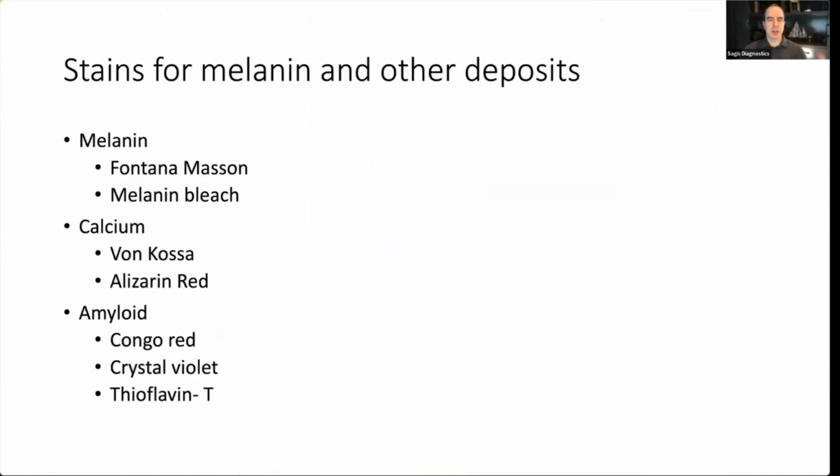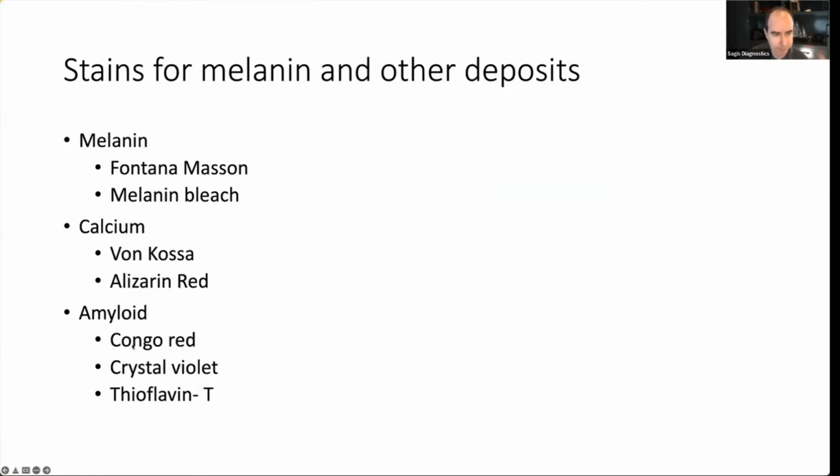So let's move on to some other deposits like melanin, calcium, and amyloid. So for melanin, we can use the Fontana-Masson stain. For calcium, we can use von Kossa or alizarin red. Alizarin red. I'm not sure how you pronounce that, to be quite frank. No one uses it anymore. Everyone uses von Kossa. And then amyloid, we use Congo red, crystal violet, and thioflavin T, but almost everyone uses